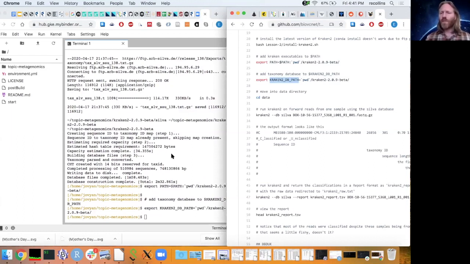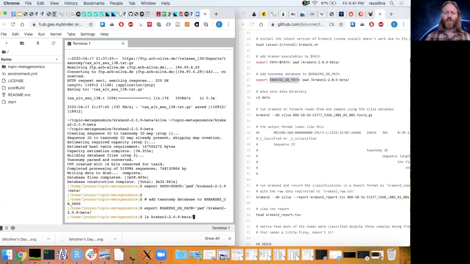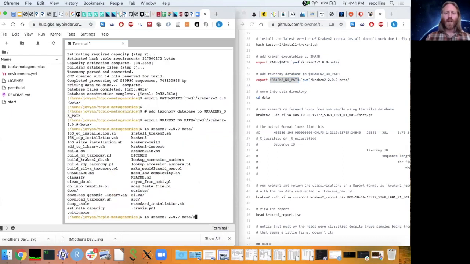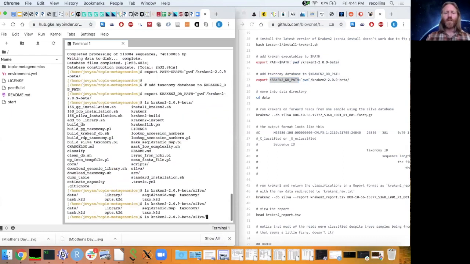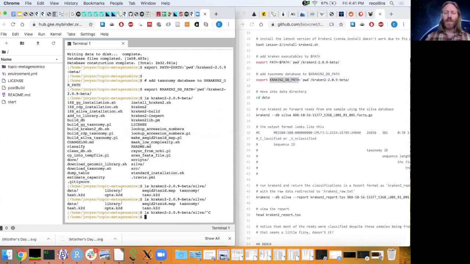So if we look in that, we can see it built a database called Silva, which has these various files that are needed for the database. If you're building the standard database, I think it said it took a couple hours and did about 100 gigabytes of raw data to build that